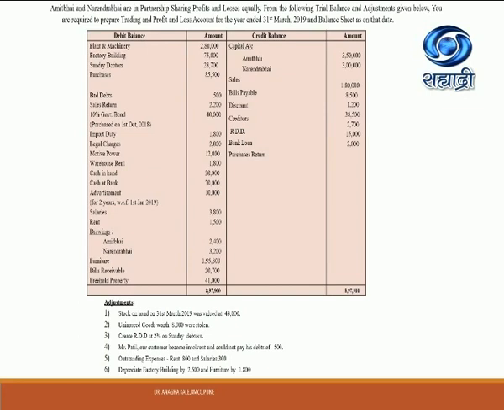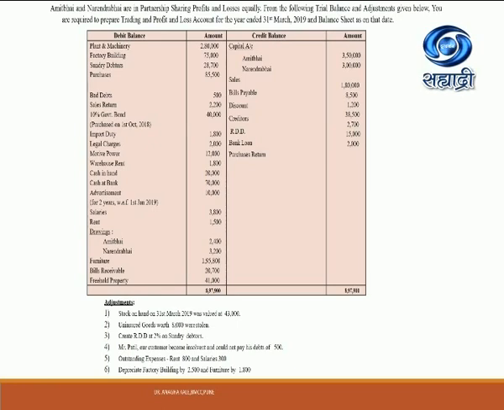Then outstanding expenses. Outstanding expenses are of rent and salary. So we'll be taking rent and salary which is there in trial balance. Then depreciate factory building and furniture. So this is the adjustment for factory building and furniture which is having the debit balance in trial balance. So we'll be taking factory building which is the second item in trial balance, and then furniture is there, that also we'll take. So now after taking the adjustment which is our first step, we have to start posting one by one the items which are given in trial balance.